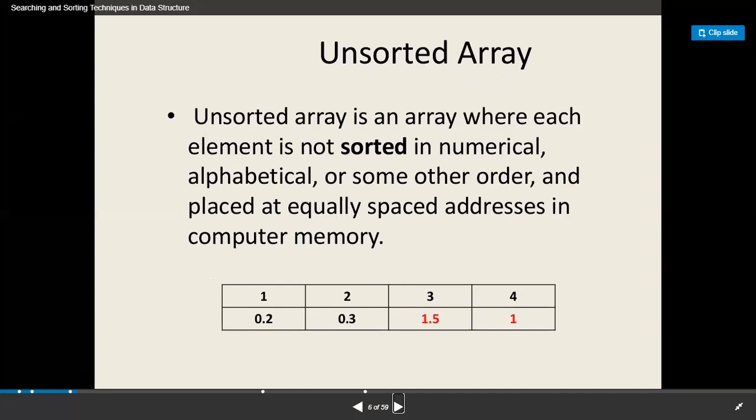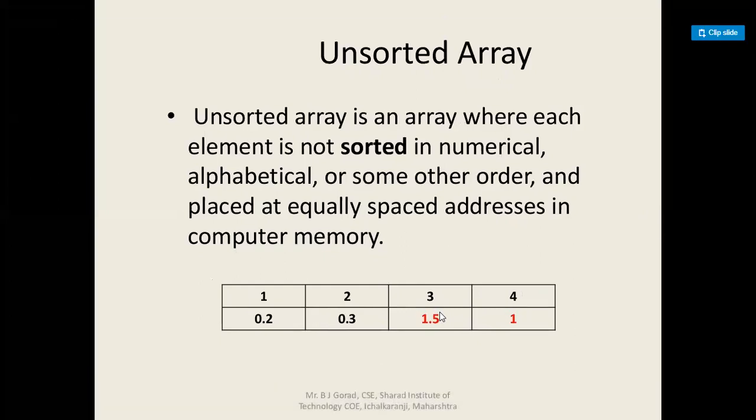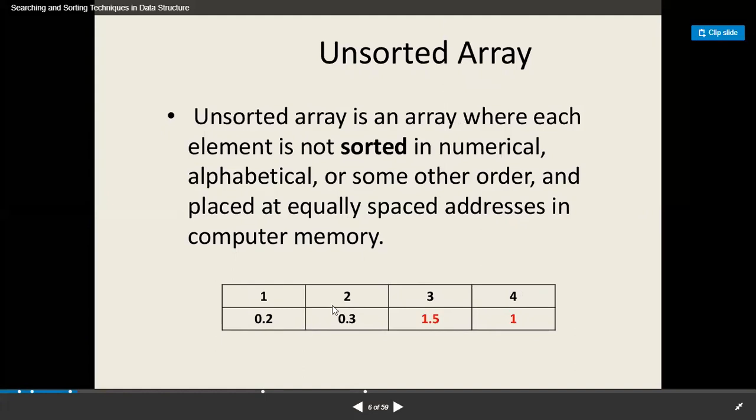Let's see an example of an unsorted array. In the unsorted array, as you can see on the screen, the data will not be sorted. Basically, they will be in a random order. There will not be any sequence or any pattern in the way the data is stored. Initially it might look like the data is sorted, like 0.2, 0.3, this part of the array is sorted. But again, this part of the array is actually not sorted. Or this part of the array might sometimes look like it is sorted from large to small.